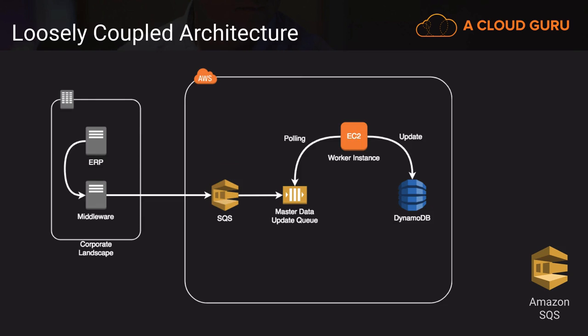So let's take a look at an architecture. In this case, we have an ERP system that's generating messages, master data updates. The middleware lands these messages into an SQS queue, where they're then picked up by an EC2 worker instance, maybe for some transformation or some augmentation. They're then updated into DynamoDB. Now, suppose the message traffic comes intermittently, maybe 1,000 updates within a few minutes due to a mass change. We could scale horizontally by adding more worker instances and process through that queue faster if we need to.